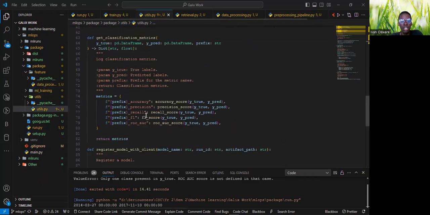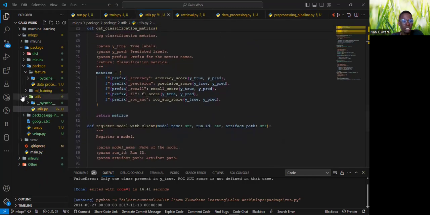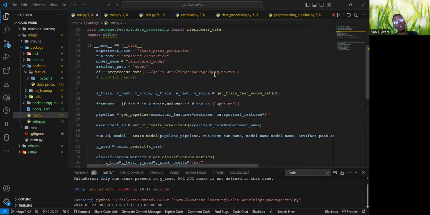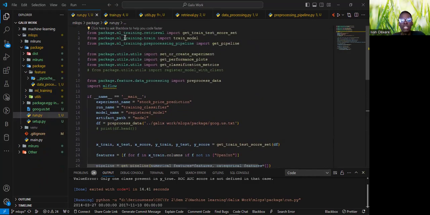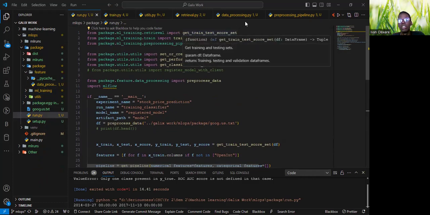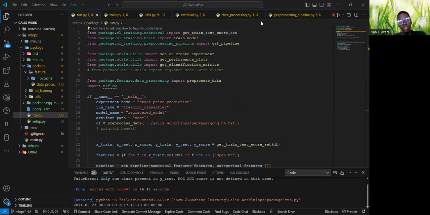And we have the utils.py that I have talked about. And then finally, our main py file that is running everything, where we import the needed packages from the different data files, and then going ahead,